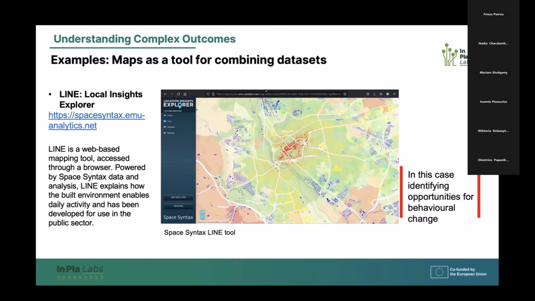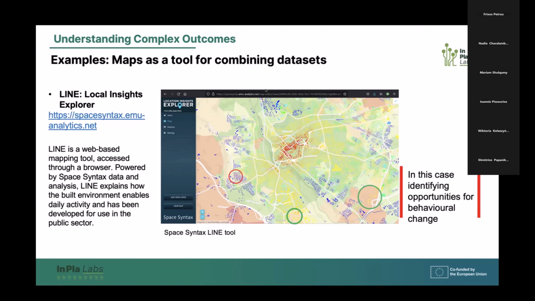It's powered by the Space Syntax data and analysis, and it explains how the built environment enables daily activities and has been developed for use mainly in the public sector. So in this case, buildings are colored based on how walkable the built environment is. The red buildings refer to environments that are easier to walk, and the blue refers to difficult ones. Like you can see in this picture, this red area here highlights that there's not much point in doing walkability campaigns specifically in this area. In this case, you are able to identify opportunity spots for behavioral changes and areas where you actually need to